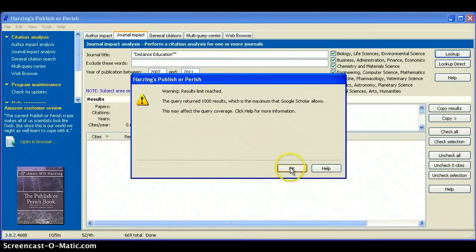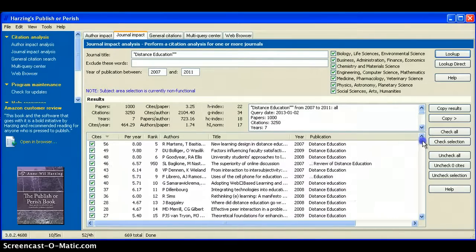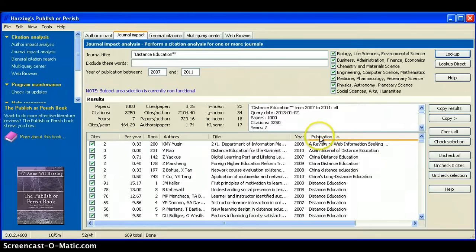It maxes out at 1,000 results, so that's why the number will be a little bit different than what we see in the Google Scholar Metrics. Down here it lists all of the journals that it found that have distance education in the title. Look, we have Review of Distance Education, we have all kinds of stuff, and the current H index is 22 right here. To get this a little more accurate, I sort based on the publication,